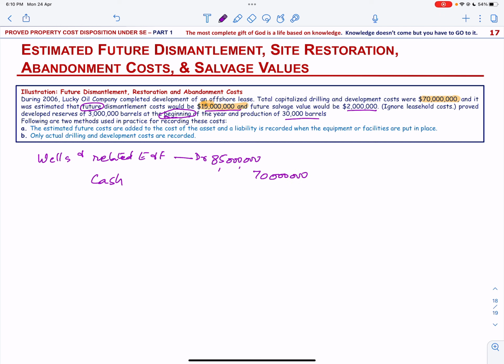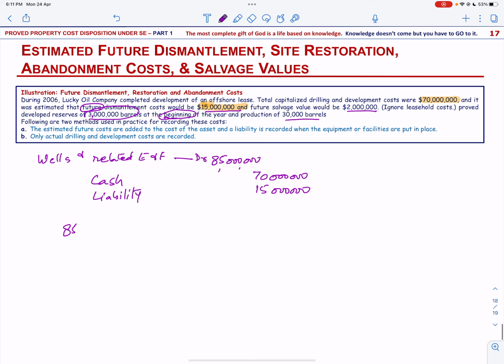For 70 million, and there will be a liability now for 15 million. Now, assuming proved developed reserves of 300,000 barrels at the beginning of the year and the production of 30,000 barrels, so the amortization will be 85 million, that is the cost, and we have a salvage value of 2 million